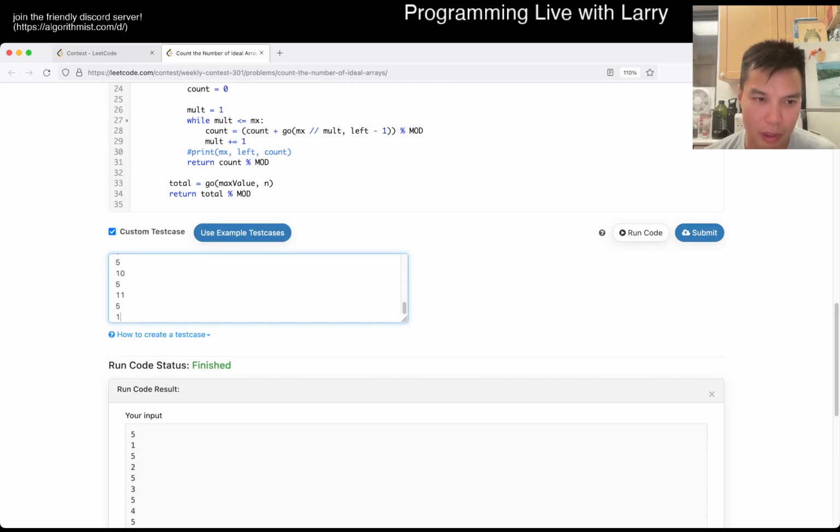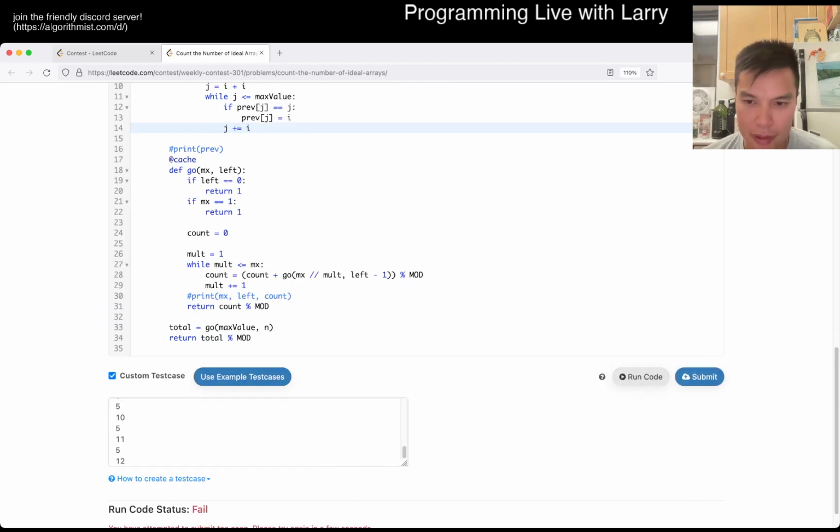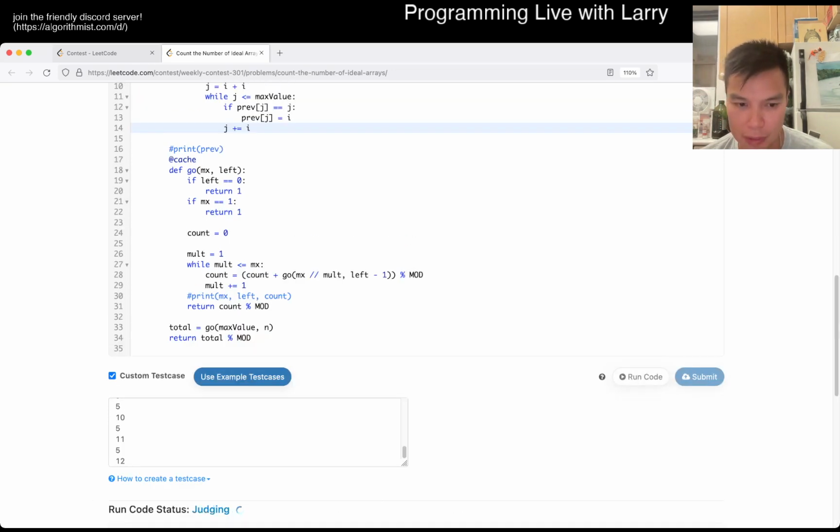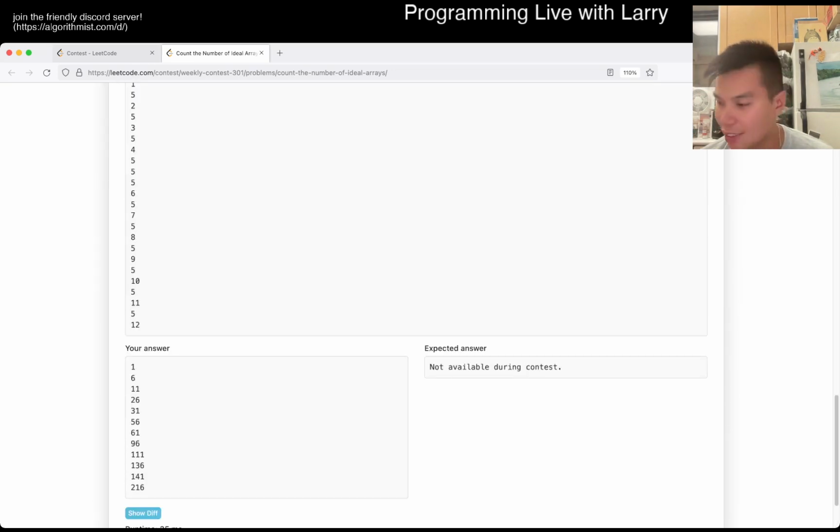Okay. 12 is not prime. 12 has 1, 3, and 4, so it can go 1, 3, 12, 1, 4, 12, and so the same thing that we said, then it should be plus 25. Wow, that's not even close. Oh, because there's also 1, 2, and 6. Okay, I forgot about 1, 2, 12, and then 1, 2, 6, and 12. Oh man, this is a mess actually. Because then now you add a lot more combinations. I don't even know how you do that without